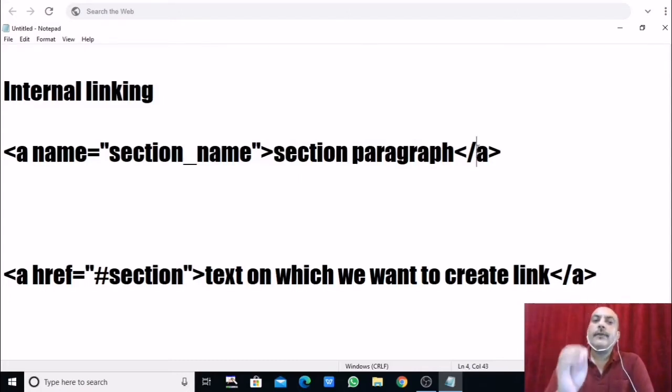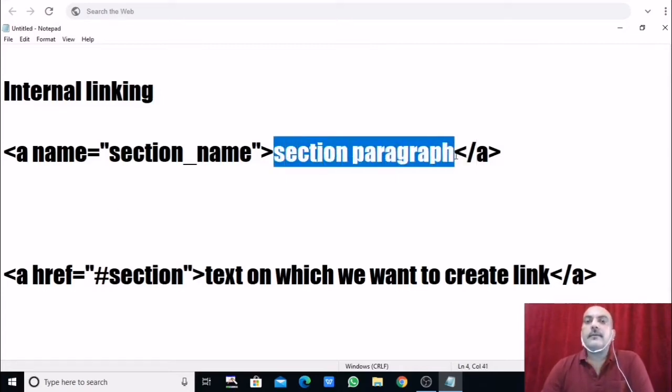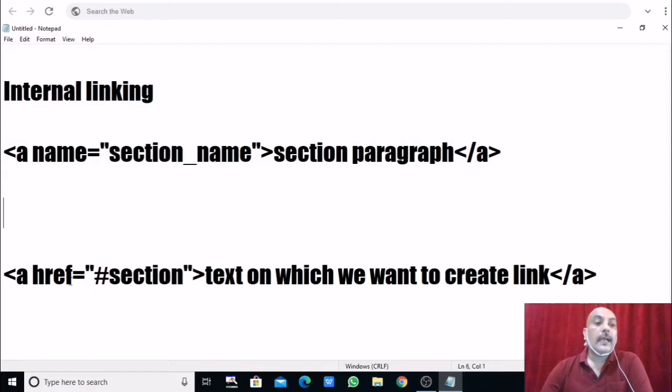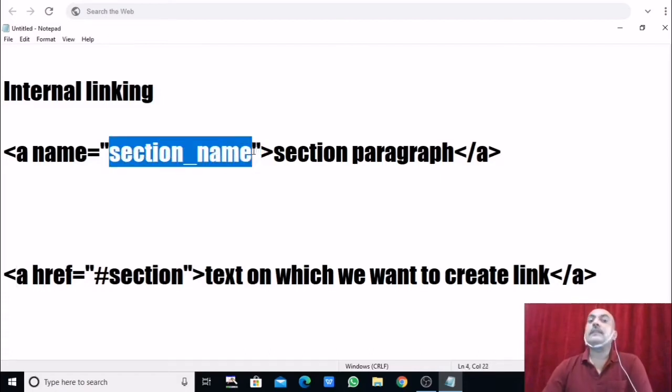That's it. Here we named the section with the name attribute. This is a must for internal linking. So this is the paragraph actually, right? Here I have used it in a very small form only, afterwards we will see it in a more elaborated way. Now, as you gave the section name over here, what is the section name? Section name, right? For now, I have kept the section name as section name. You can give it any name, as I told you.